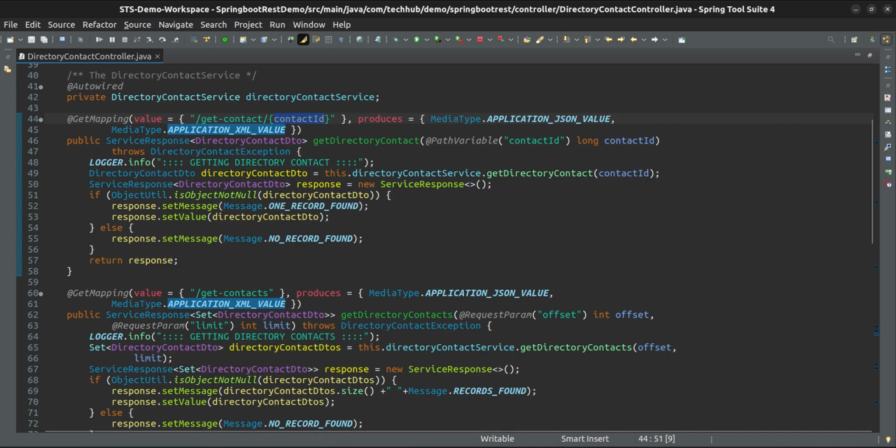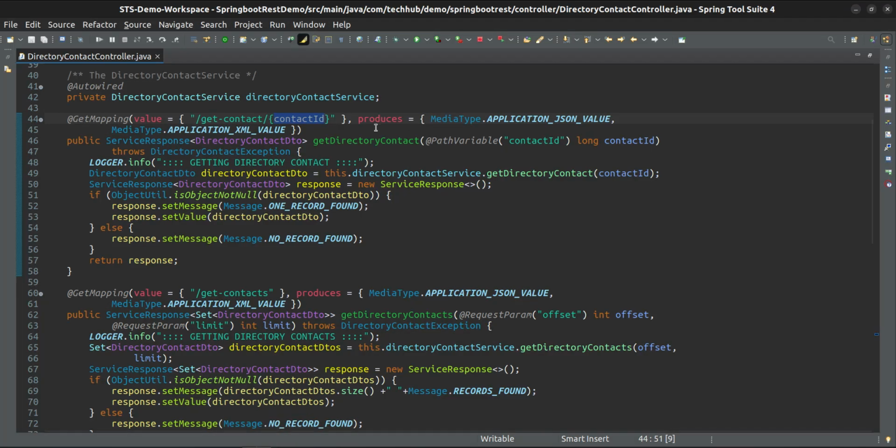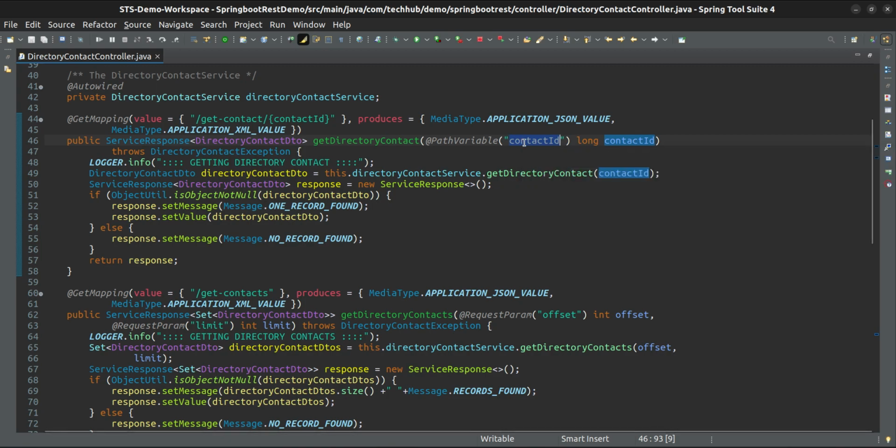But this name you do not need to pass while calling. You can give any name. The same name you have to specify here, or if you don't specify this name, that is also fine. The parameter variable name should be the same as whatever you are giving here. Contact ID, the contact ID variable name should be the same. Or if the variable name is different, then you can specify the path variable name inside this annotation. That is up to your choice which approach you want to take.